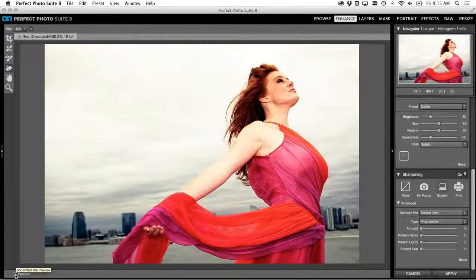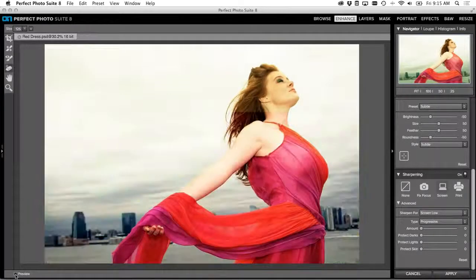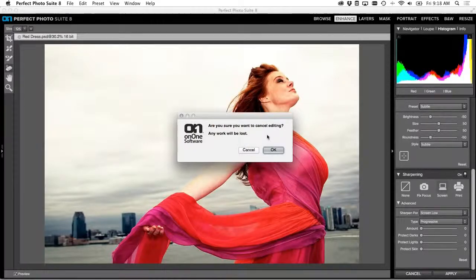Let's take a look at the before and the after. There's our original image, and there's our results. Just using a little bit of Perfect Enhance. And of course, if we apply this image, it's going to return back to the browser where we started from. I'm going to jump out of Perfect Enhance and let's take a peek at some of the new changes in